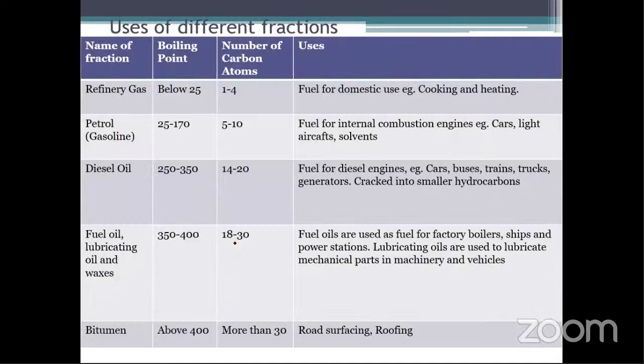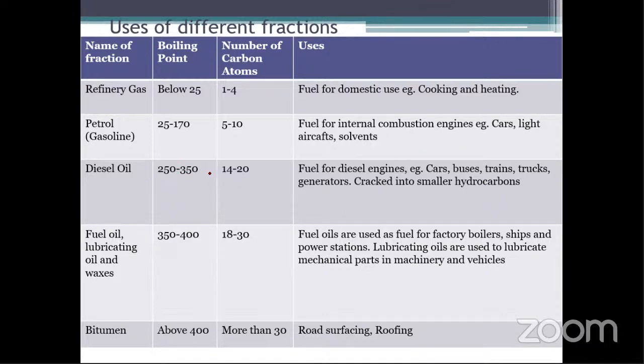So here's a table that shows the uses of the different fractions and the number of carbon atoms and their boiling point. So for refinery gas, it's below 25 degrees Celsius and you have 1 to 4 carbon atoms, and you use it for cooking, liquid petroleum gas, liquid natural gas. Petrol, 5 to 10 carbon atoms, and the boiling point between 25 and 170, and you use that in cars, aircrafts, and some solvents. Diesel oil,